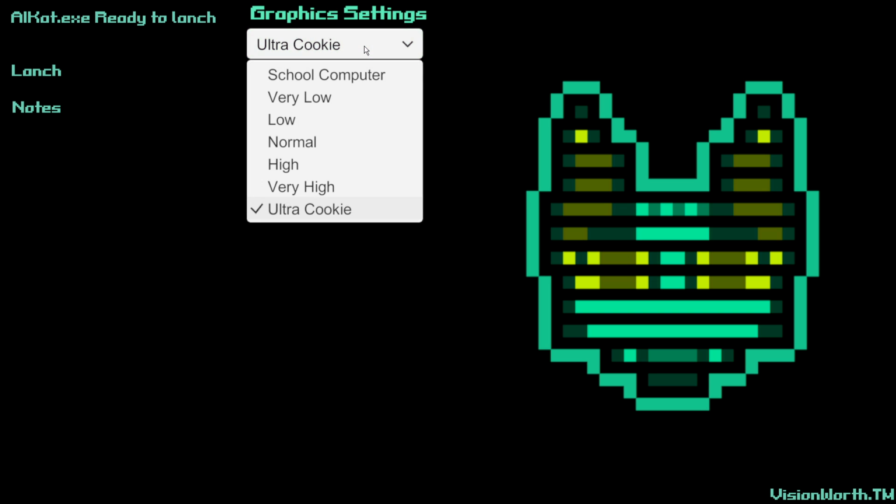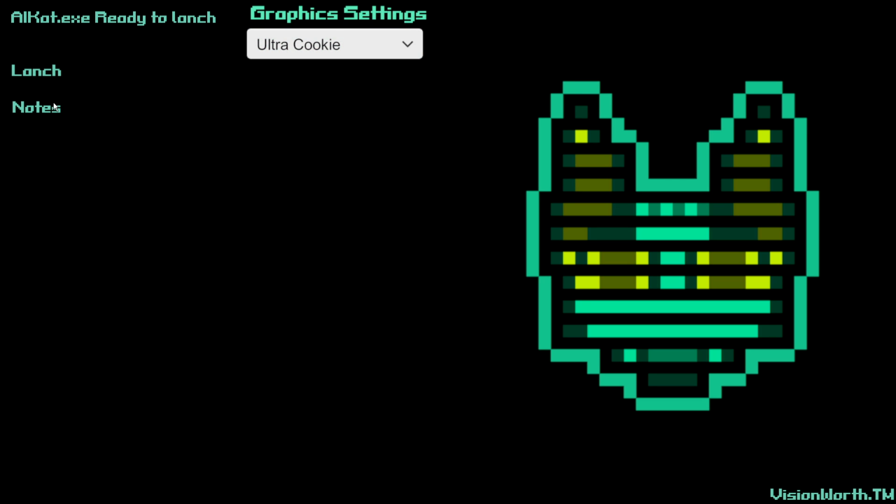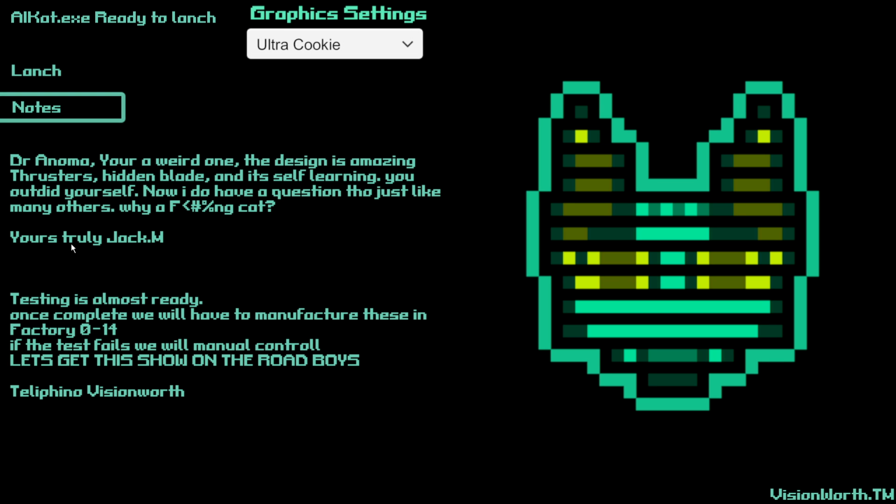You know, this drop down menu and the code says what thing you want to do with the graphics, and you choose, because inside Unity there's a graphics settings tool, and you can set them high to low. It's already built in, so I'll have to tell Unity this thing connects to that. So when you load in the game, it's going to load in these settings. We'll do ultra cookie, and it had like notes because you're supposed to say,